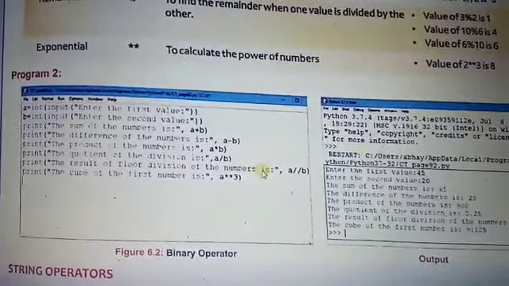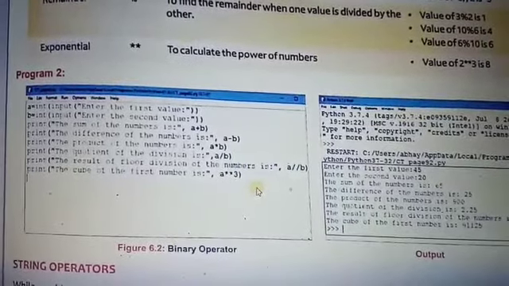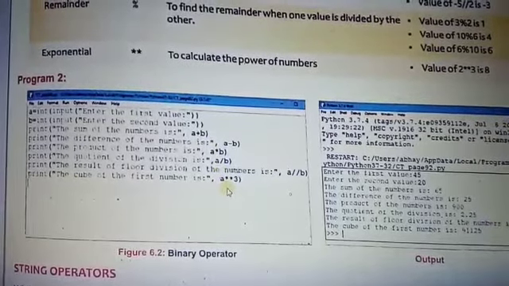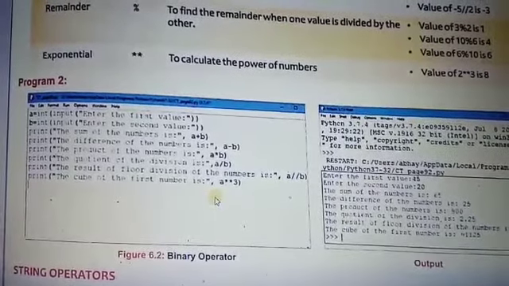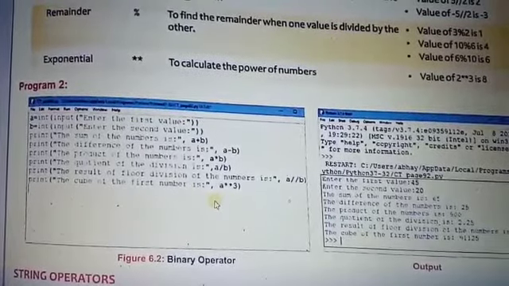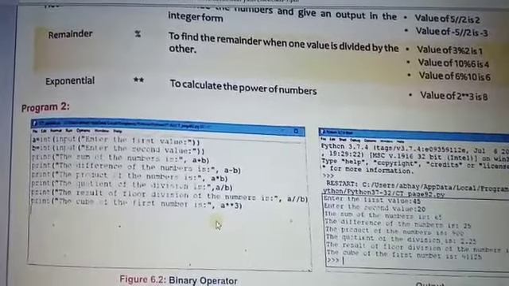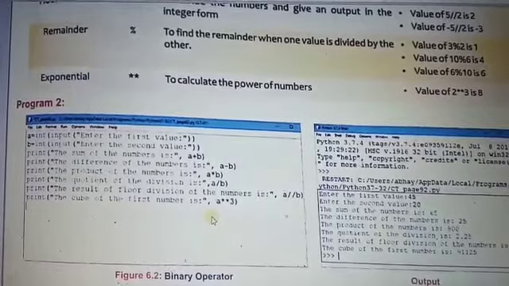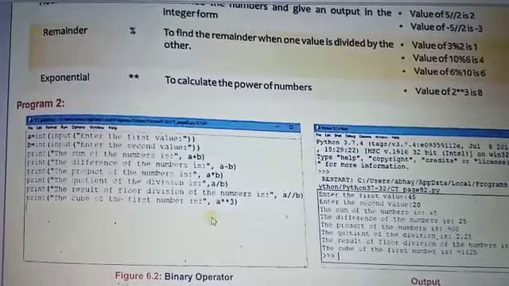How do we use the script mode? First of all, script mode is used to define large programs. Whatever program you define, with a number of lines of source code, you save it, and after that you can execute it. In the interactive mode, when we click on the New option under the File menu, a text editor opens on the screen, and that is used for the script mode. Students, we already know that we can define a program in Python by using the interactive mode and the script mode. So today in this video lecture, we focus on the practical process of the script mode.